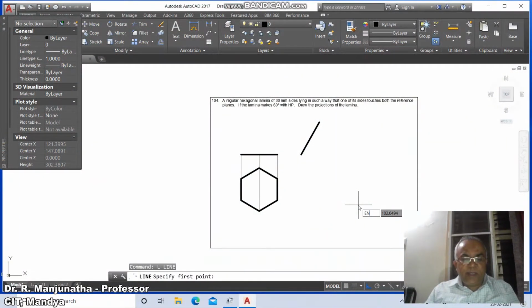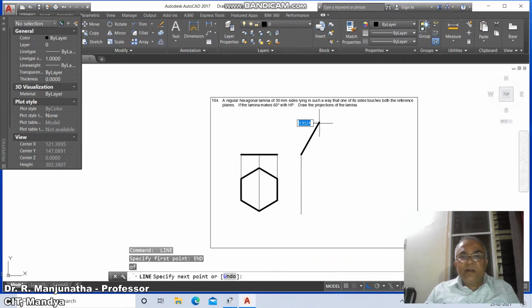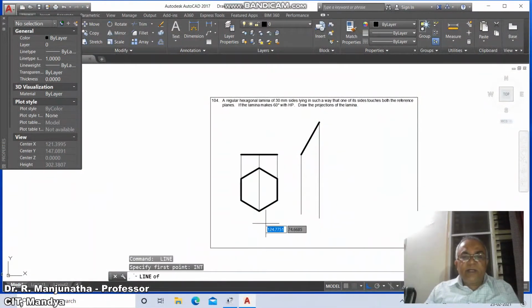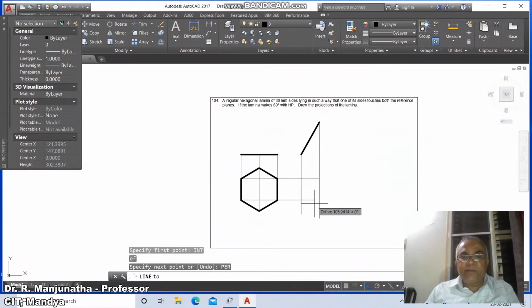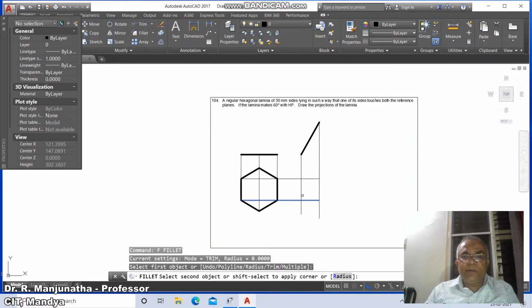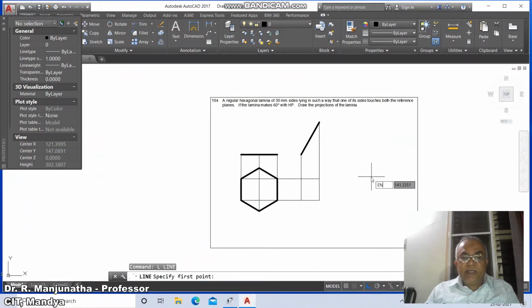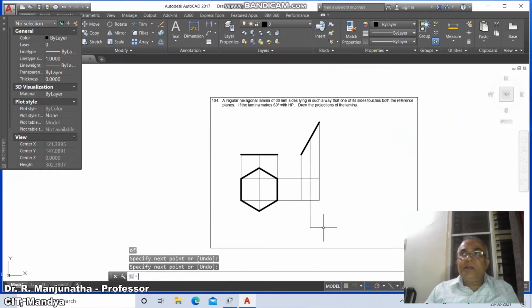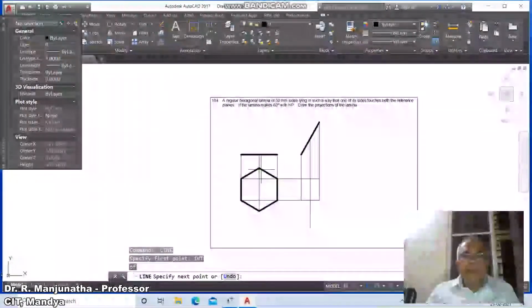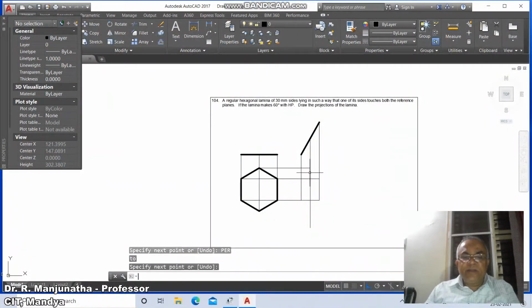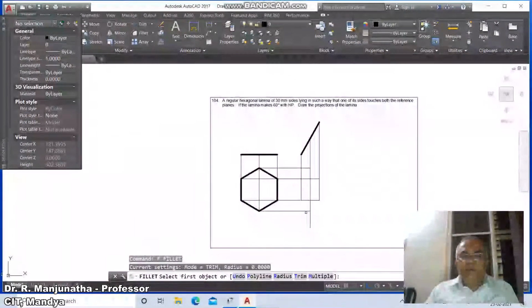So go to line, take the end point of this and draw a vertical line, similarly the end point of this and draw a vertical line. Then go to line, take the intersection point of this to perpendicular to this, and the intersection point of this and say perpendicular to this, and then go to fillet between these two and then fillet between these two. Then go to line, take the end point of this and draw a vertical line, take the intersection point of this and draw perpendicular to this line. Similarly line, intersection of this and take perpendicular to this line, and go to fillet between these two.